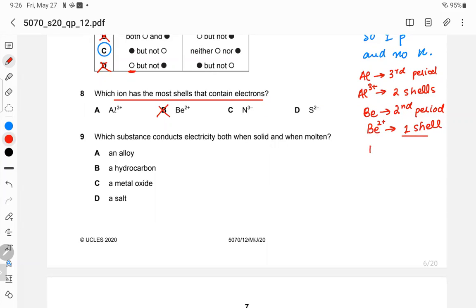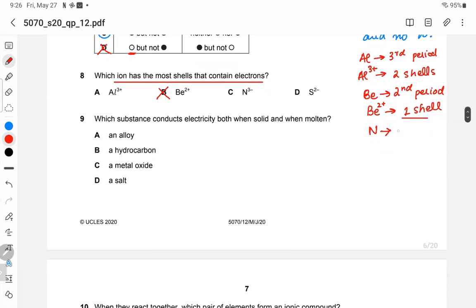Okay, after beryllium we have nitrogen. नाइट्रोजन की बात की जाए तो नाइट्रोजन सेकंड पीरियड में होता है, ठीक है, और वो नेगेटिव आयन बन रहा है, तो नेगेटिव आयन बनने का मतलब है कि उसके उसी शेल में नंबर ऑफ इलेक्ट्रॉन कंप्लीट हो गए, तो इसके दो शेल और इसके दो शेल्स, दोनों के सेम शेल्स हैं, तो इसका मतलब है ये दोनों भी रॉन्ग हो गए, क्योंकि एक ही होगा ना जिसके पास सबसे ज्यादा शेल होंगे, तो it means आपके पास एक ही ऑप्शन बचा, डी, और डी करेक्ट है।